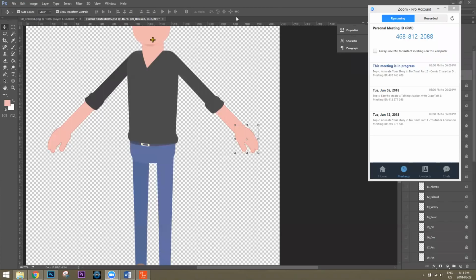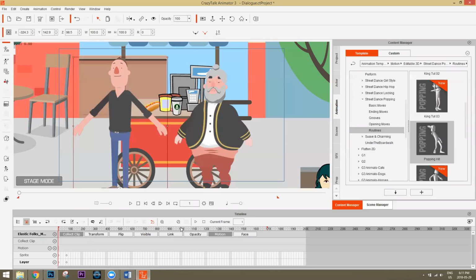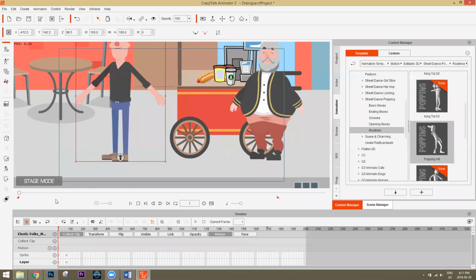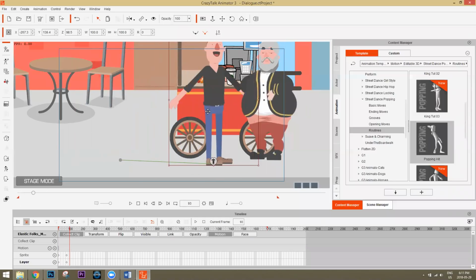Don asks, how do you turn on and off the key paths on the stage? I mean the green lines, I'm thinking, that go behind your character when you are moving him. I don't think you can turn that off, to be honest. I've never even actually tried. I think Don's talking about this green line that appears behind your character.